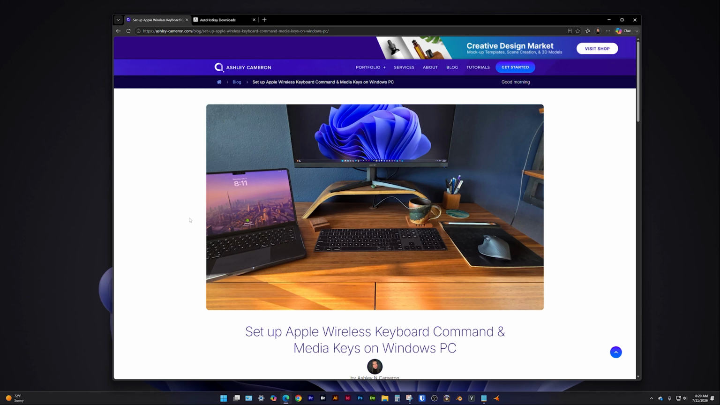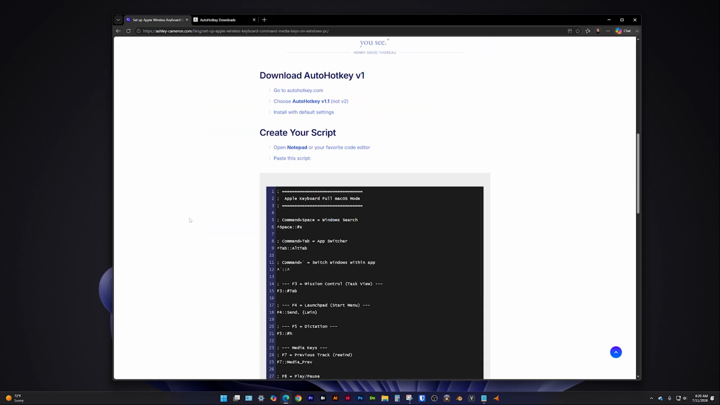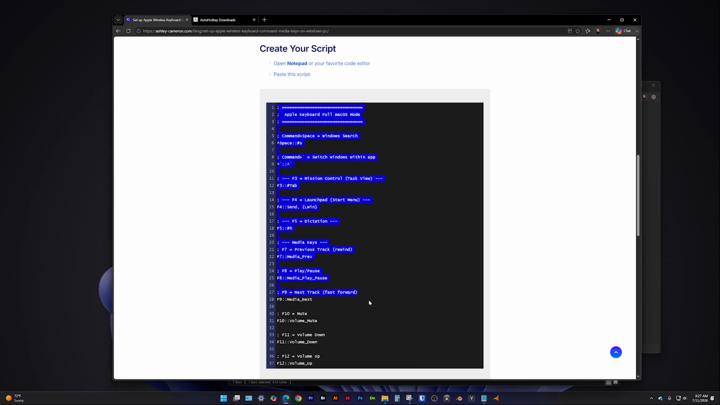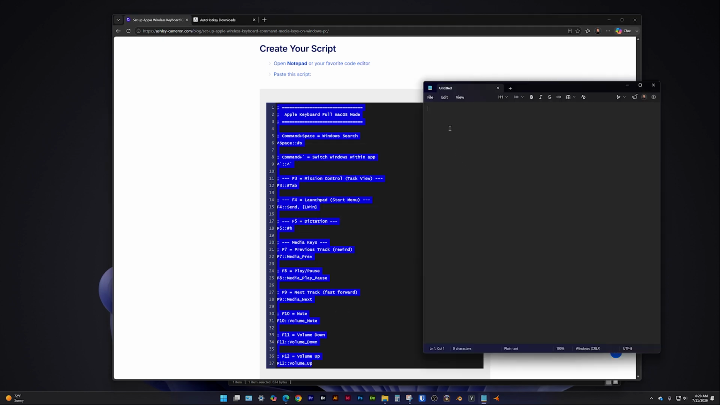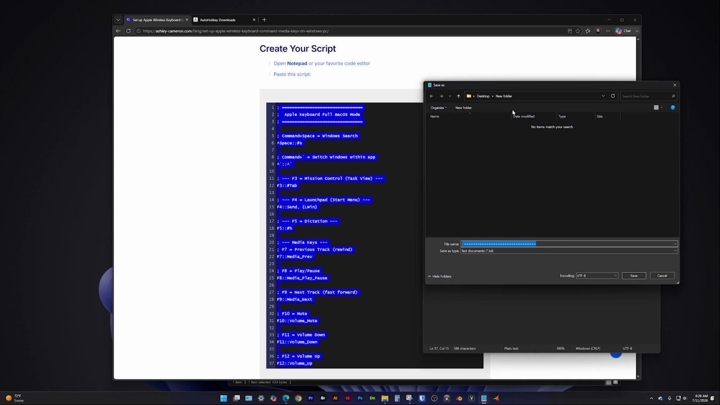So after you have downloaded AutoHotkey, you're going to want to open Notepad or your favorite code editor. Select all of this code script. Copy it. Paste it in. Do a file, Save as. Find a location on your computer. I'm going to call this Apple Media Keys. And this is where you need to type in the extension, which is .ahk